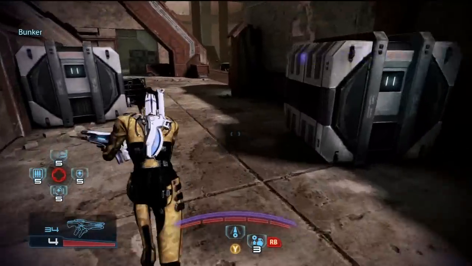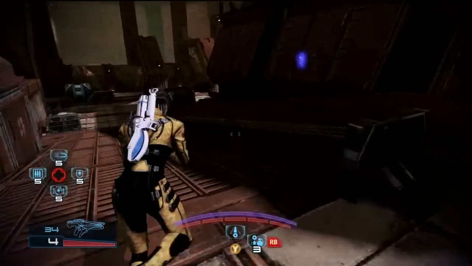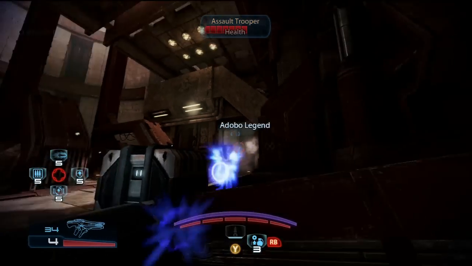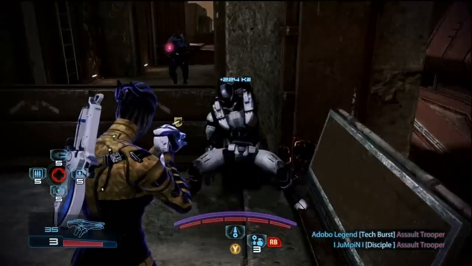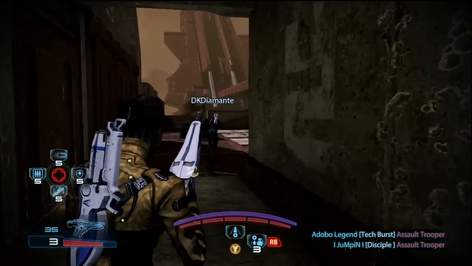At this point, we're actually looking for the last enemy. We don't really know where he is. But I think we went ahead and, yeah, we found him right here. He's over here, so we're going to go ahead and kill him. Alright, so let's go ahead and talk a little bit about this gun, because that's the point of this